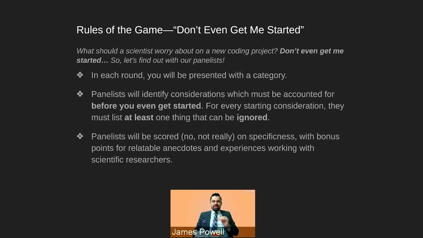Our goal here is to say, you know what? You don't have to worry about the domain name for the open source project that you're coming up with, but maybe you should worry about the project name because it could be potentially confused with another project or it could be hard to search for. You don't have to worry about the logo for your project. You can always come up with that later. So that's one thing to worry about and two things not to worry about. You are at net benefit. And so why don't we go to our very first scenario and open it up to our host and guest